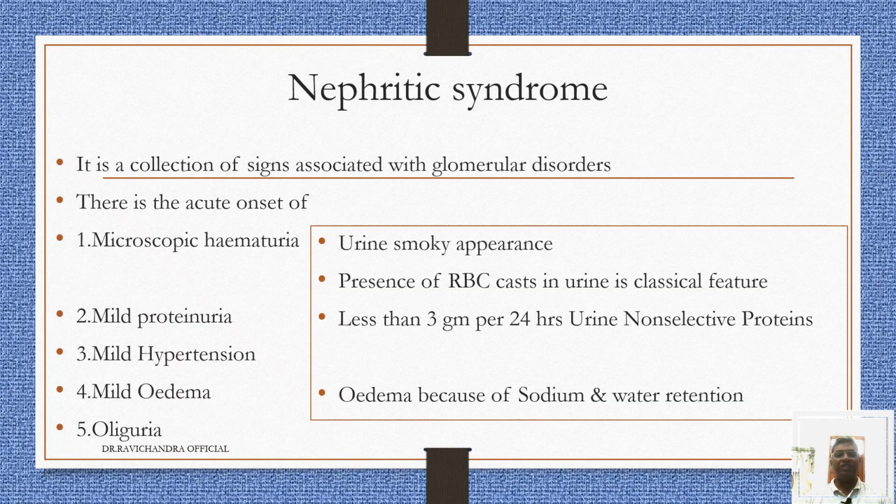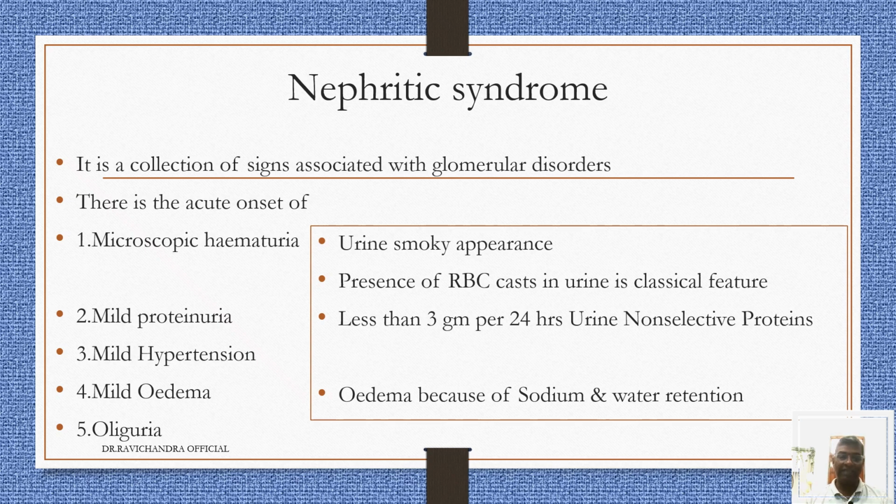Syndrome. It is a collection of signs associated with glomerular disorders. It is acute in onset and it consists of microscopic hematuria, mild proteinuria, mild hypertension, mild edema, and oliguria. The urine will be smoky in appearance and there will be RBC casts in the urine, which is a classical feature of nephritic syndrome. And the proteins that are excreted into the urine are